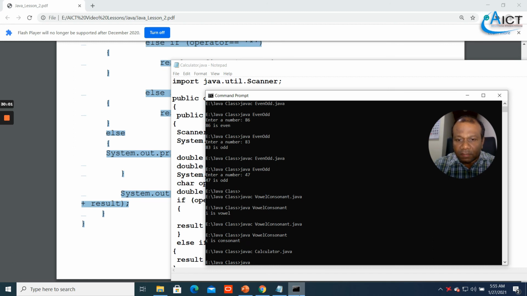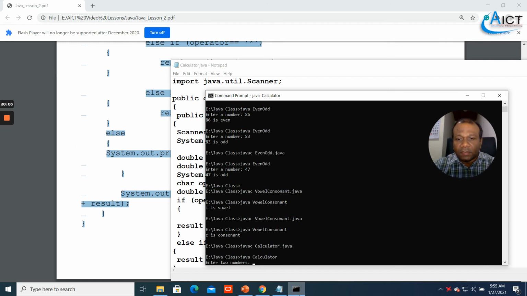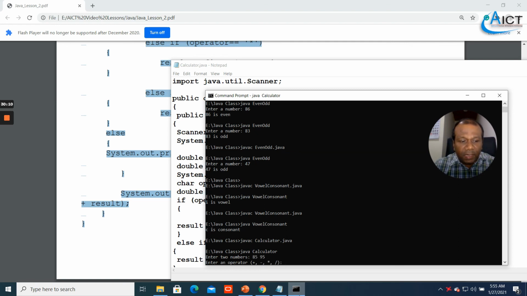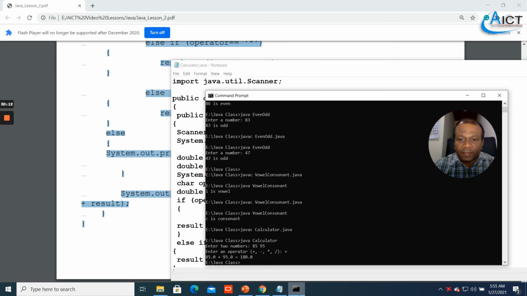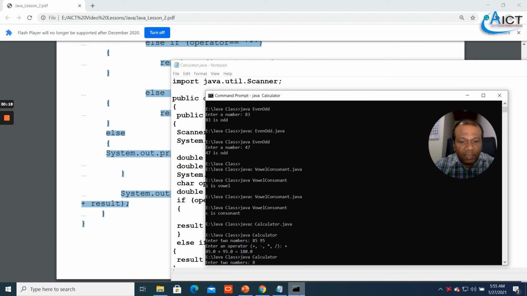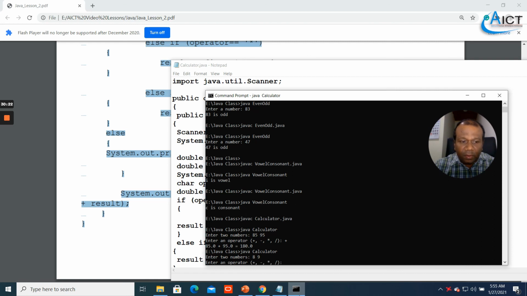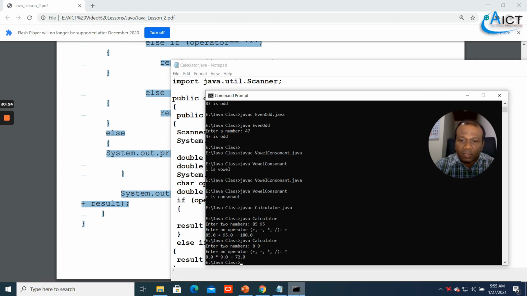Then I'll run java Calculator. So for enter two numbers, I'll enter 85 space 95, and for the operator I'll enter plus. So it's 85 plus 95, 180. Again I'll run java, I'll enter numbers 8 space 9, for the operator I'll enter multiplication: 8 times 9, 72.